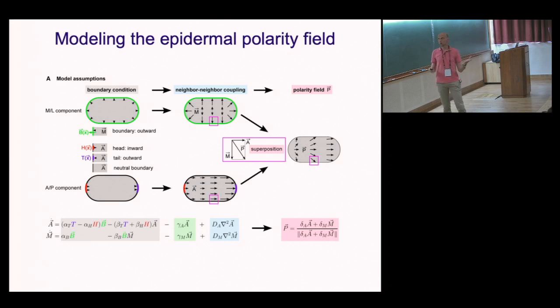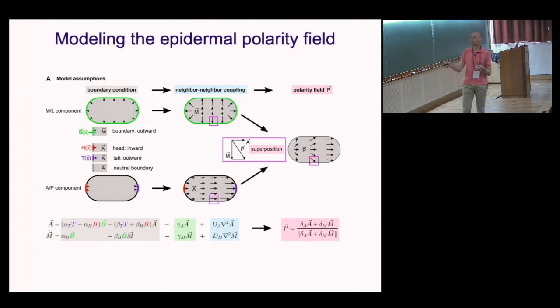Now, the model is basically inspired by Frank's and Suzanne's boundary model work, but we explicitly coarse grain it. So we don't model any details about the actual polarization mechanisms within the cells, also simply because we don't know them. Instead, what we assume is that the polarity vector is specified at the boundary, and from the boundary propagates into the cell field by neighbor-neighbor coupling. And so we can then simulate, or we can then